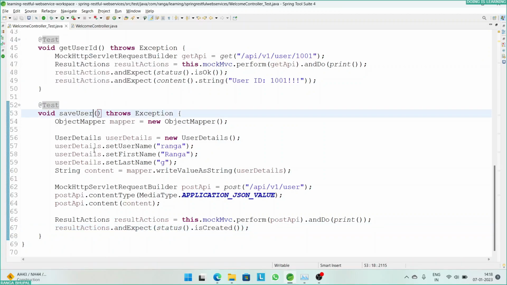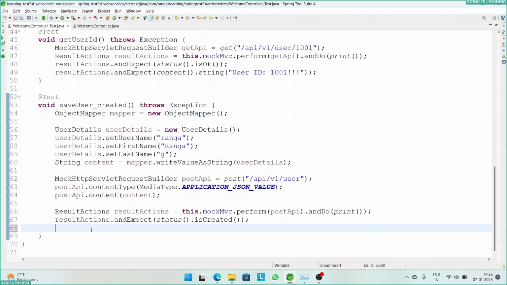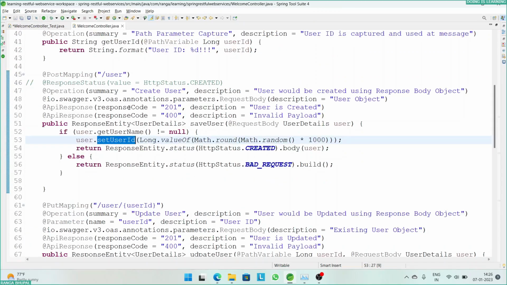So in this case, I'm renaming it save user created. Now, how are you going to validate the data? What I mean is here, as part of the save user, we are setting up a random user ID, and we need to evaluate this one. So there are two ways that we can evaluate this one: by using JSON, and another one is by converting the